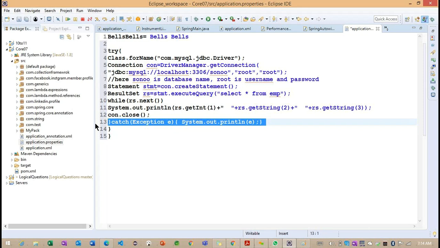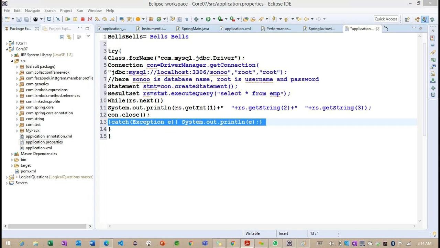Most of the code is handled by Spring, so we just need to focus on the operations we are going to perform. This is the main advantage of Spring JDBC.